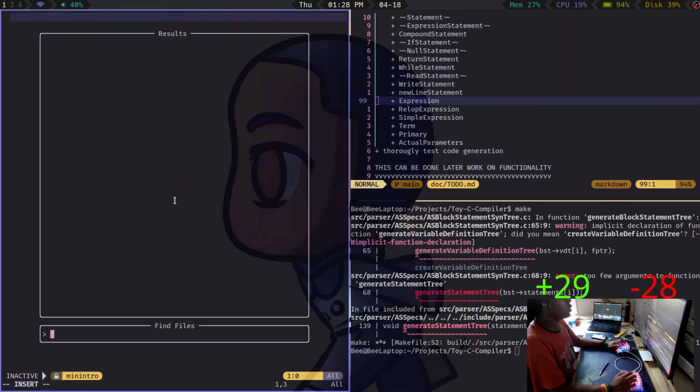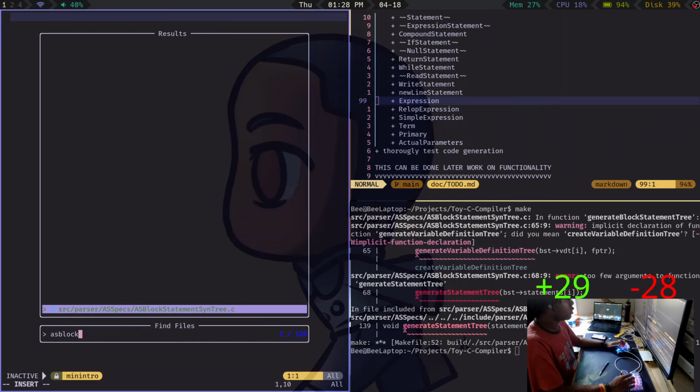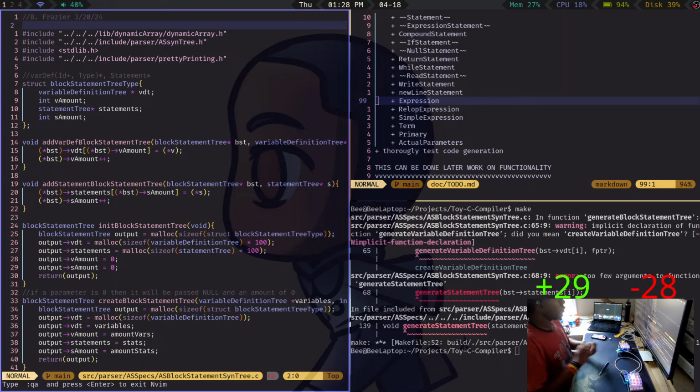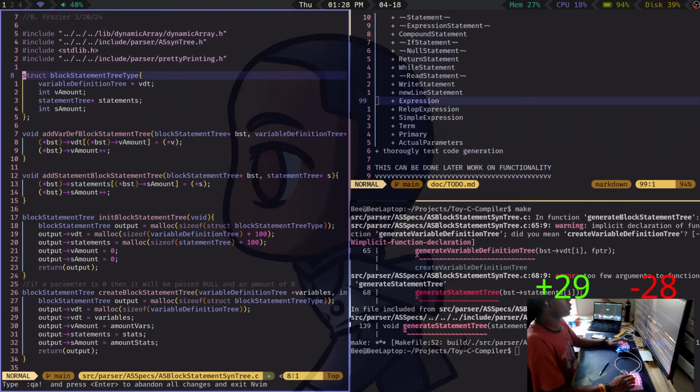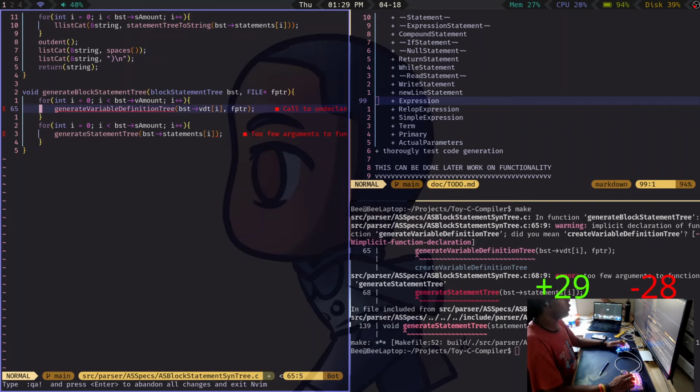So that is in create variable in AS block statement tree. Actually, I can leave it there. It's not like it really matters. Generate variable definition tree. I should probably